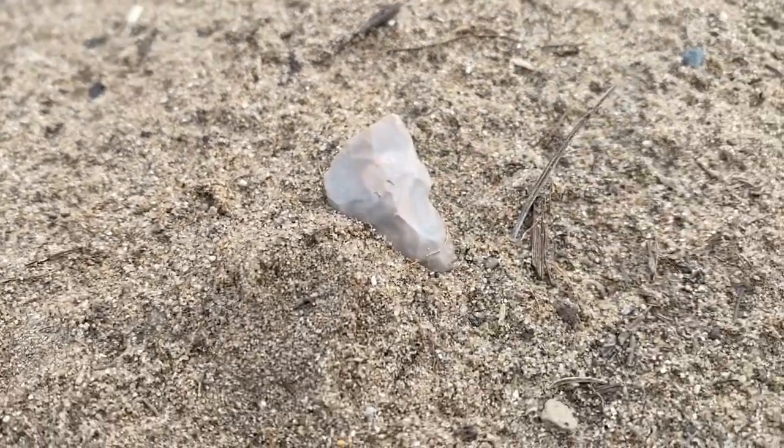Found a piece of pottery a minute ago. So we hadn't walked this specific high spot, so it might be Mississippian, you know? And if you guys have watched our other videos, you know I have found a lot of Madisons this year. So this would add to my collection. It looks like it. You can't really tell. Could be a flake, could be a...